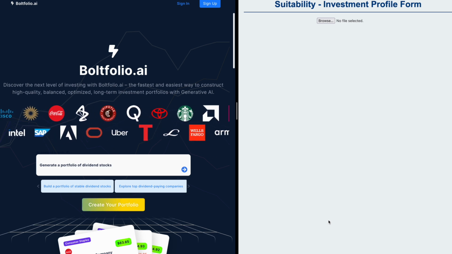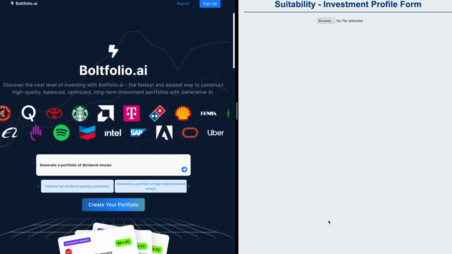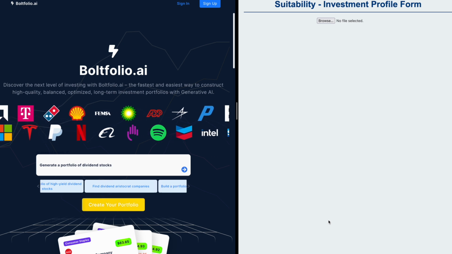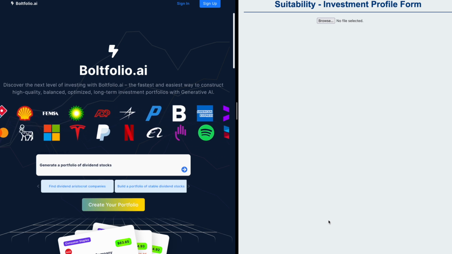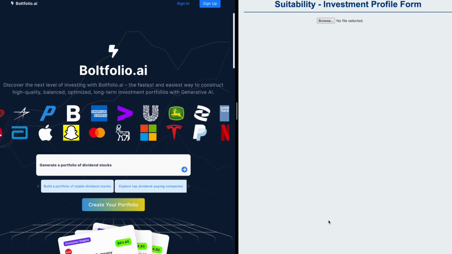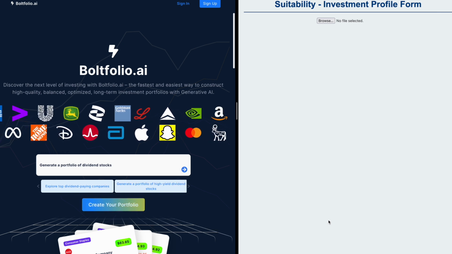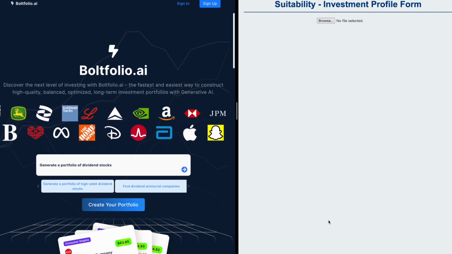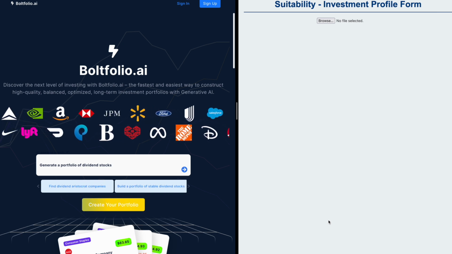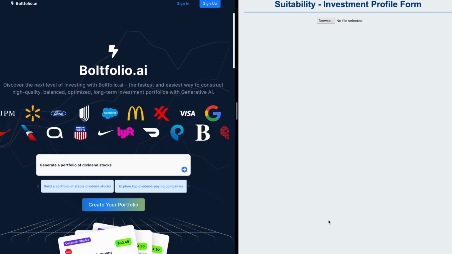So there is typically an onboarding process, almost like if you're applying for a job, whereby you fill out a form, you give some information about yourself, what your goals are, what you're looking for, and the investment company is looking to match you with a product, a portfolio, a strategy or a fund which is suitable for you. So let's go into what that could look like,